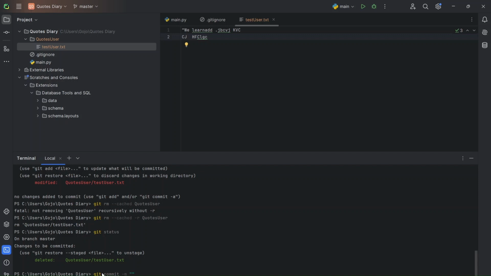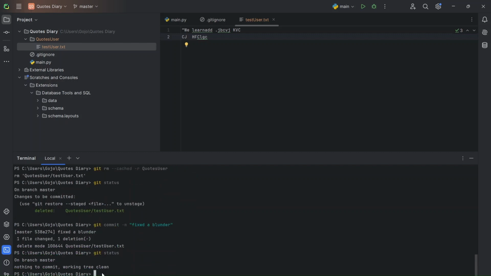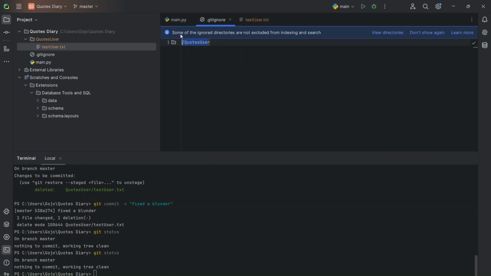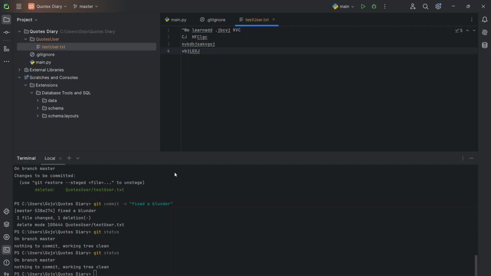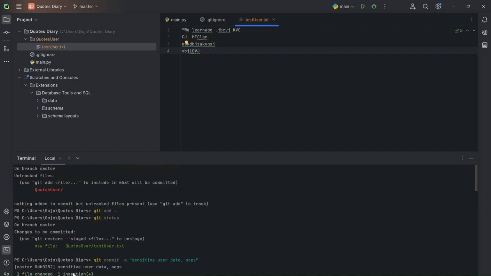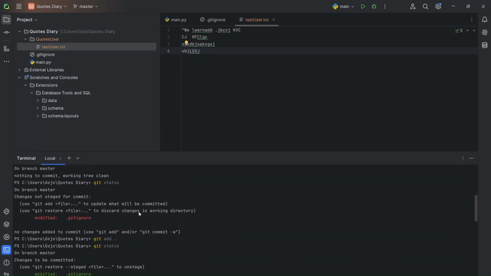Fixed. All right, that's cool. Now let's see, and if we go back to here, yeah, so that's how you fix that issue. Obviously add this to gitignore, but if somehow you have already added it before and committed it as well, you can use this command